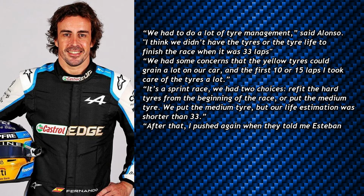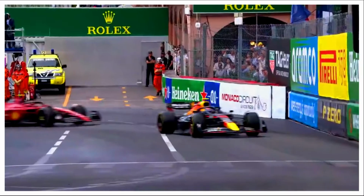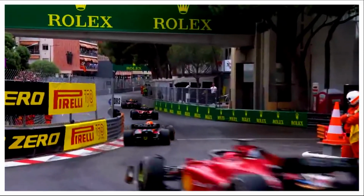After that, I pushed again when they told me Esteban had to make a 5-second gap, but at that point, Hamilton didn't want to hold Esteban at the back. Yeah, disappointing." The Formula 1 calendar is unusually busy now, with a cap of up to 24, and with the